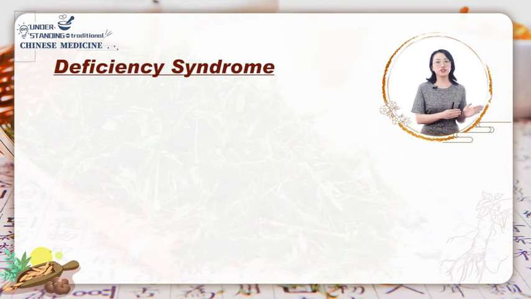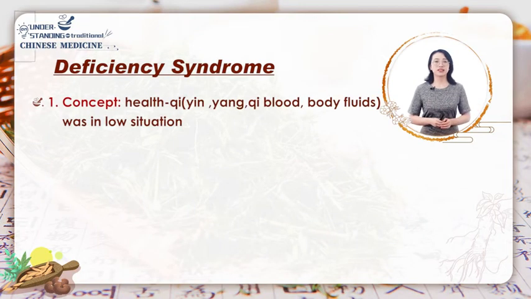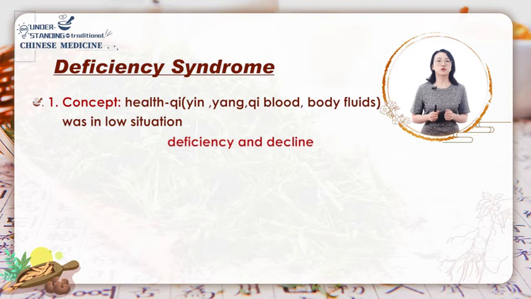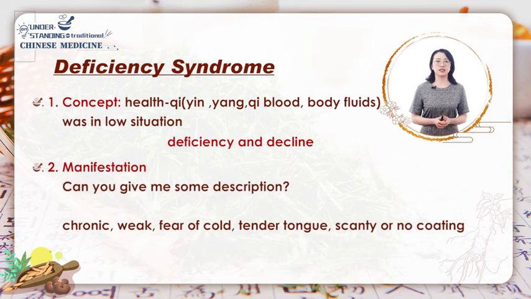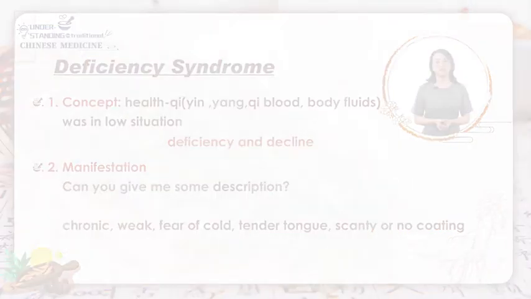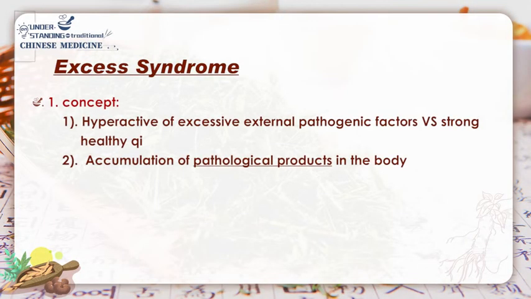And we know the deficiency syndrome is caused by the deficiency of yin, yang, qi, blood, body fluid, essence. We can characterize it as deficiency and decline. The patient always complains of aversion to cold, weakness, less lustrous complexion, tender tongue with less tongue coating, and a deficient pulse. While the excess syndrome is caused by exogenous pathogenic factors or the accumulation of pathological products